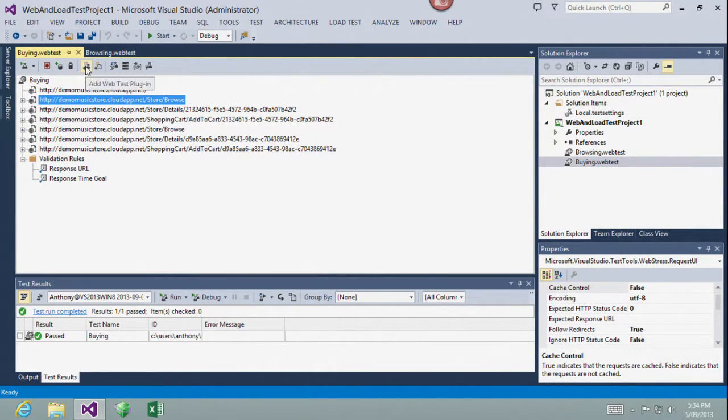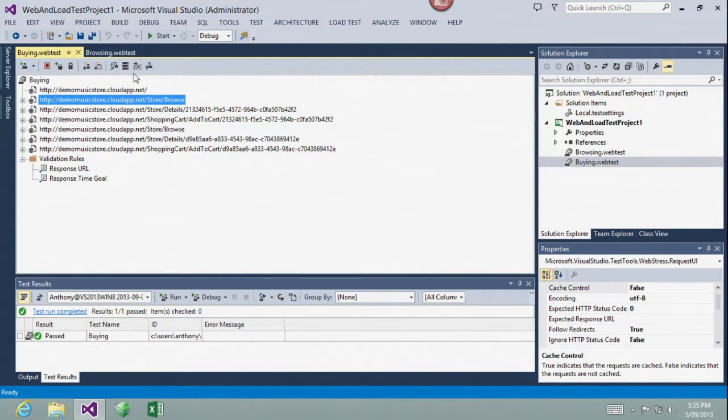I can go up here and add some plugins. So I can really extend on this any way I like. I can write some code there, create some variables, do some logic. I can retrieve things from the database and push that into the tests later on for maintainability if I wanted to do that. I'm going to go in here and let's parameterize the web server.